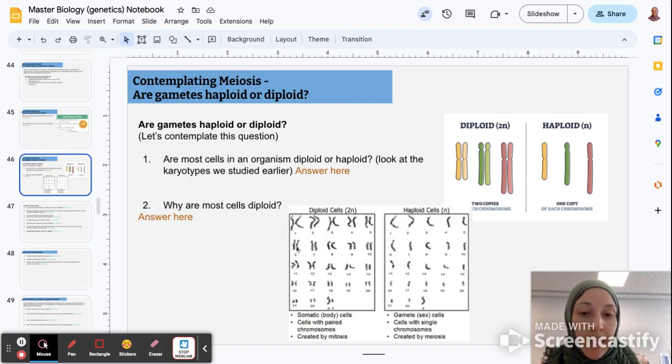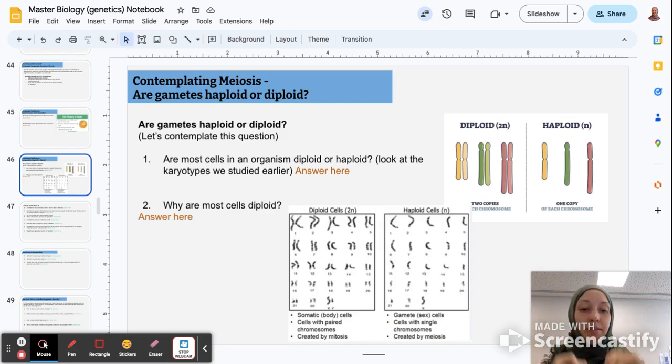For example, this would be a karyotype of a diploid cell. For each chromosome type, we have 2 homologous chromosomes. A haploid cell would have only 1 chromosome of each type. Homologous chromosomes are 2 chromosomes with the same genes. So they code for the same proteins, but they might have different alleles. Okay? So homologous chromosomes: same genes,